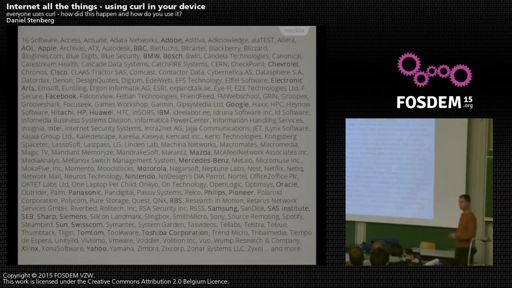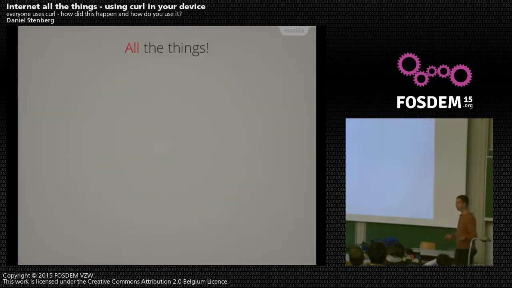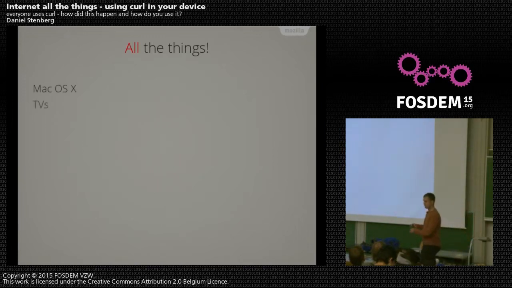A lot of users. And what do they use curl for? I mean, what are all these companies doing? They actually cover pretty much everything in the world, right? These companies make devices, they make software, they make whatever, and they all use curl. Like Mac OS X, that's what, 100 million users or so? They use it by default,